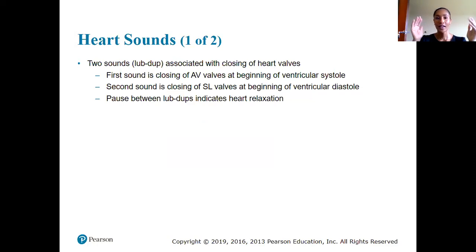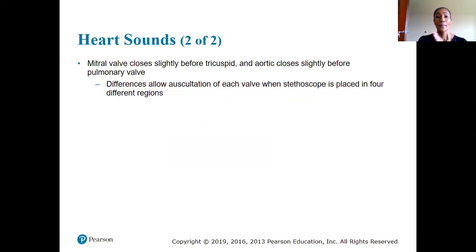So we hear lub dub, and that very split second between the lub and the dub is when the total heart is relaxed and there's no contracting, there's no flowing of blood, and all valves are closed. The mitral valve, or the bicuspid valve, closes slightly before the tricuspid valve, and the aortic semilunar valve closes slightly before the pulmonary semilunar valve. So this difference allows for auscultation of each valve with a stethoscope, and this is why your doctor would typically place their stethoscope